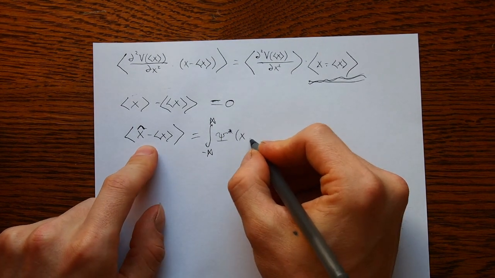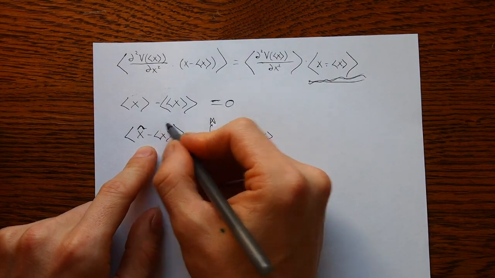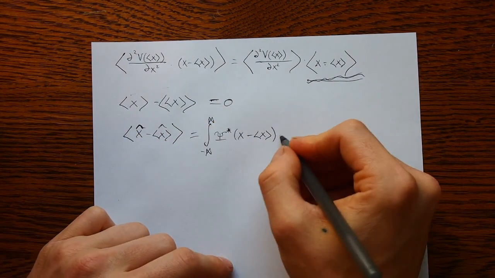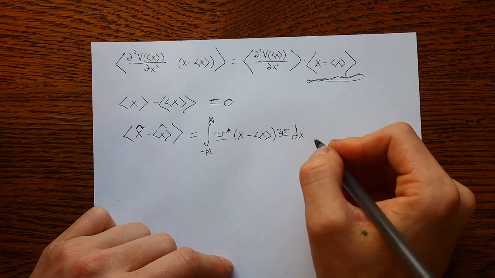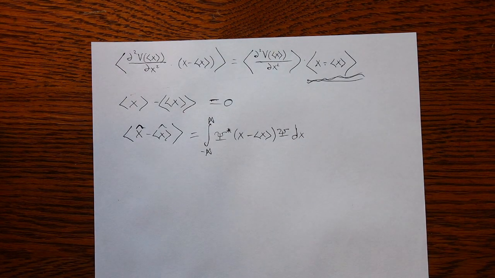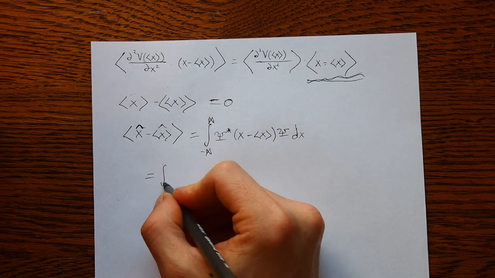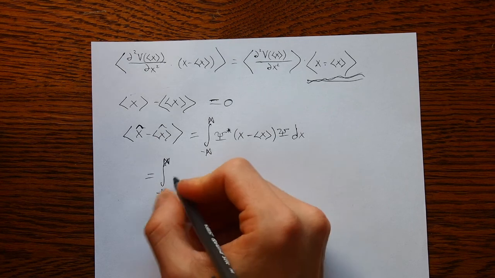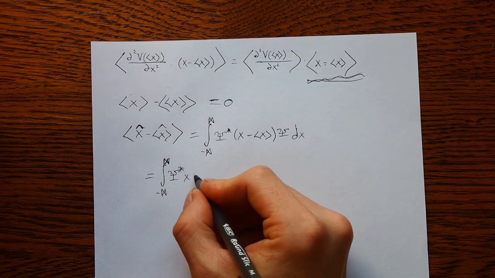Times x minus our constant, because a constant operator is just the constant itself. It's the same thing. Times our wave function again over all space. But we can split this integral up into two parts. We have our integral over all space of our wave function times x